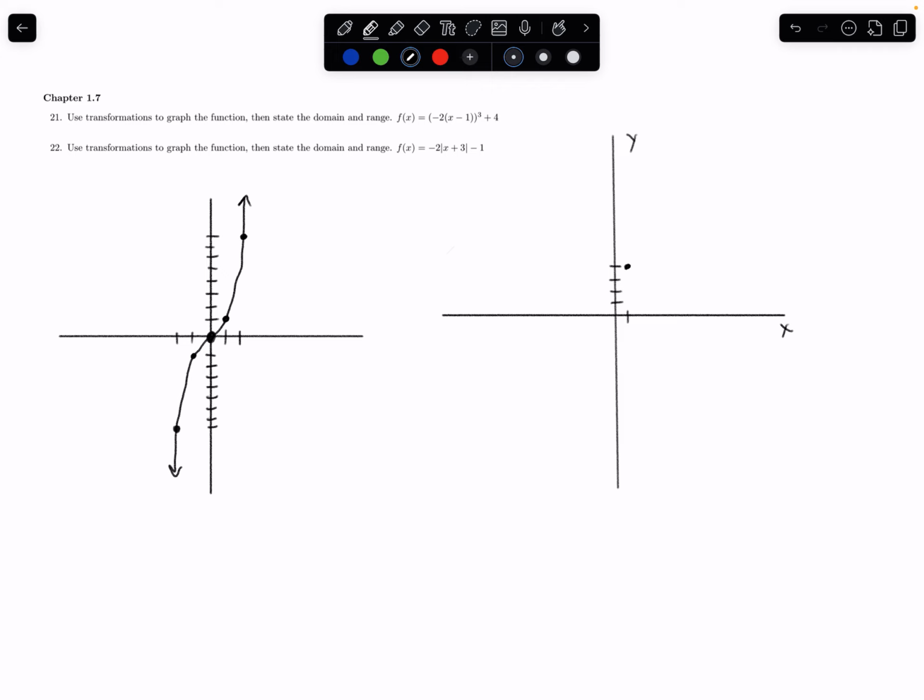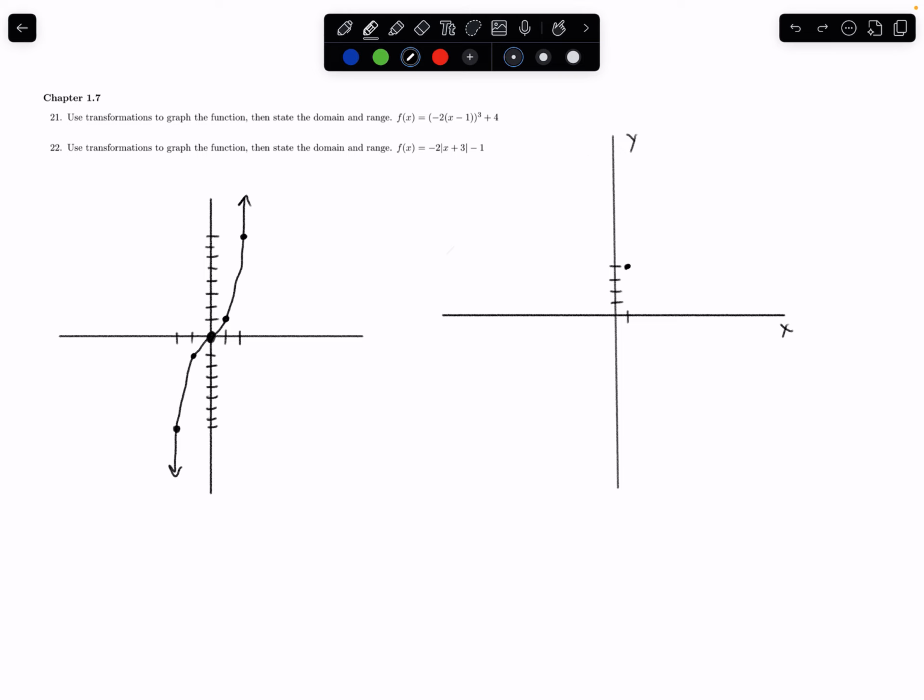Okay, so that takes care of this part and that part. Now what else is happening? I have a -2 in front. And notice that's before the cubic happens, right? That -2 is before the main function is applied. So it's close to the x, which means it's a horizontal change. First of all, in terms of reflection, because it's a negative, the graph is going to reflect over the y-axis. So it's going to reflect this way. If I reflect it that way, the new picture, instead of going up to the right, is going to go